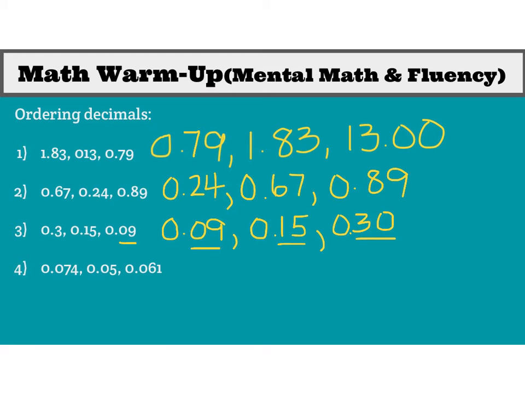Okay, last one. Go ahead, pause your video, complete that one as well. Now with this 4th question or problem, we have 3-digit decimals and some 2-digit. So we're looking for the smallest. So again, this is one of those times where I feel like a T-chart would work the best because you can assure that you line up those decimals. So if we place those in the T-chart like so, and make sure that we line up all of those decimals,